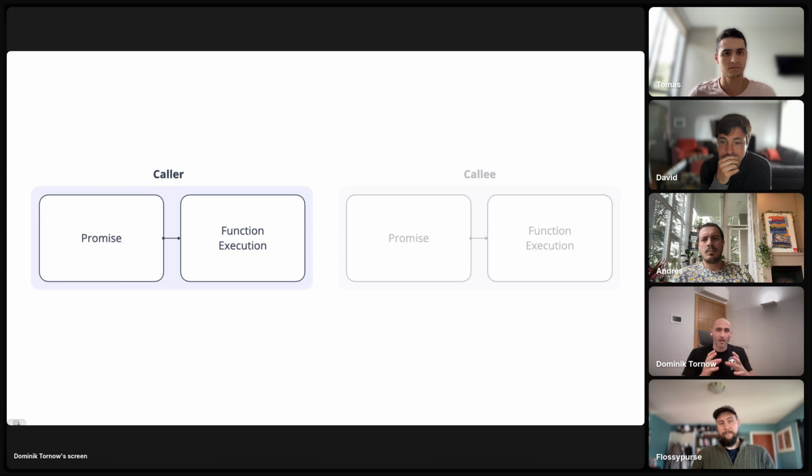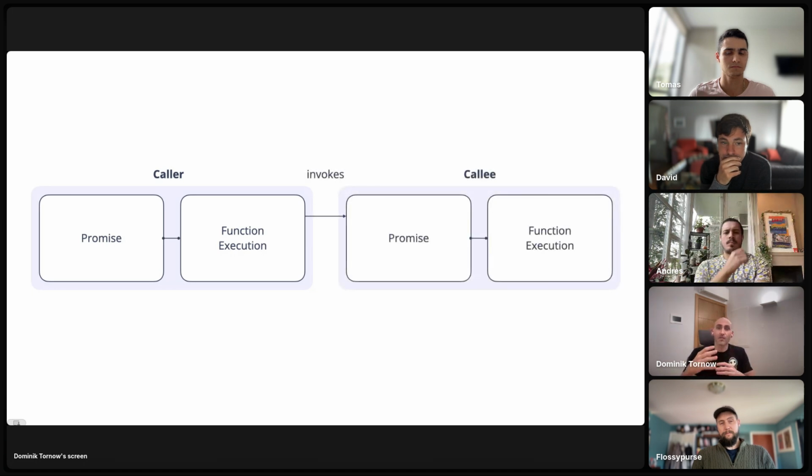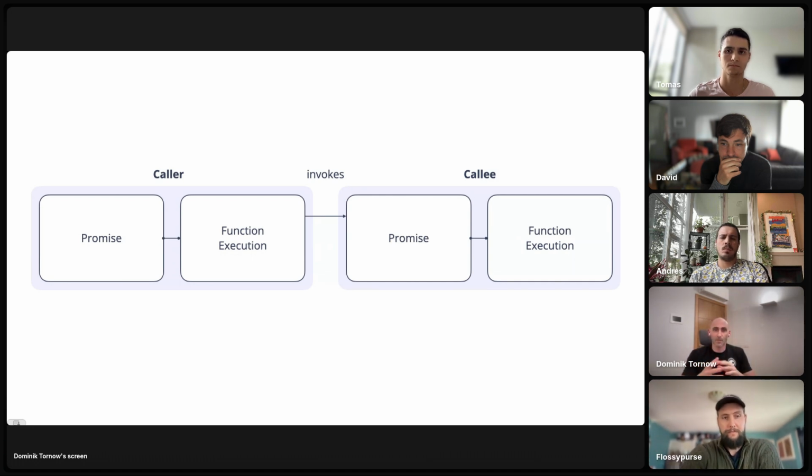software systems. When the caller invokes the callee, instead of waiting for the result, the caller immediately receives a promise while the callee executes concurrently. A promise is either pending or completed, more specifically resolved or rejected. If a promise is pending, the promise is unfulfilled and the execution is still ongoing. And if a promise is completed, the promise is fulfilled and the execution has already concluded, it has terminated. When the promise is resolved, that indicates success, and when the promise is rejected, that indicates a failure.